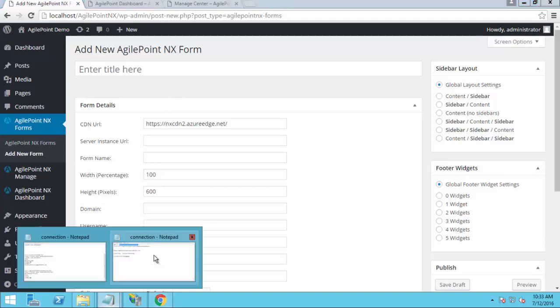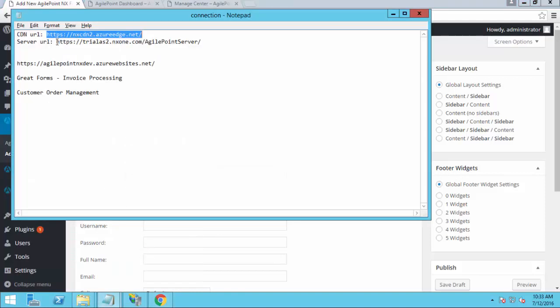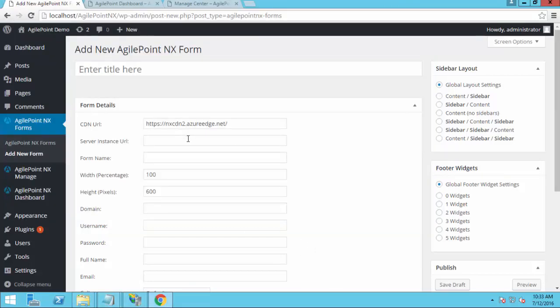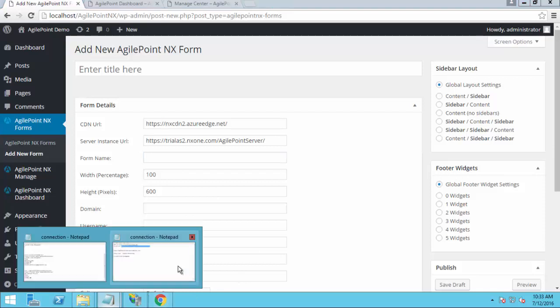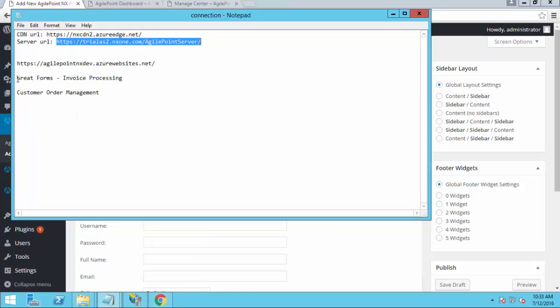My server instance URL is... I'm going over a CloudShare machine, that's why tabbing out to a different tab is taking a little bit more time. Okay, so